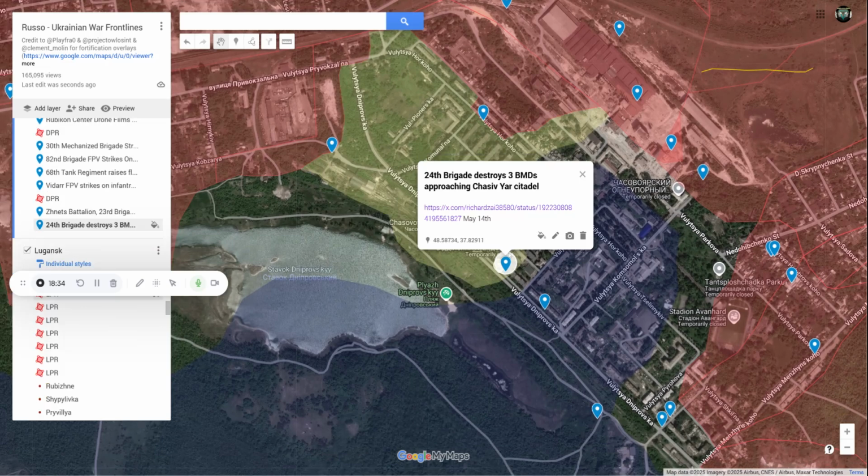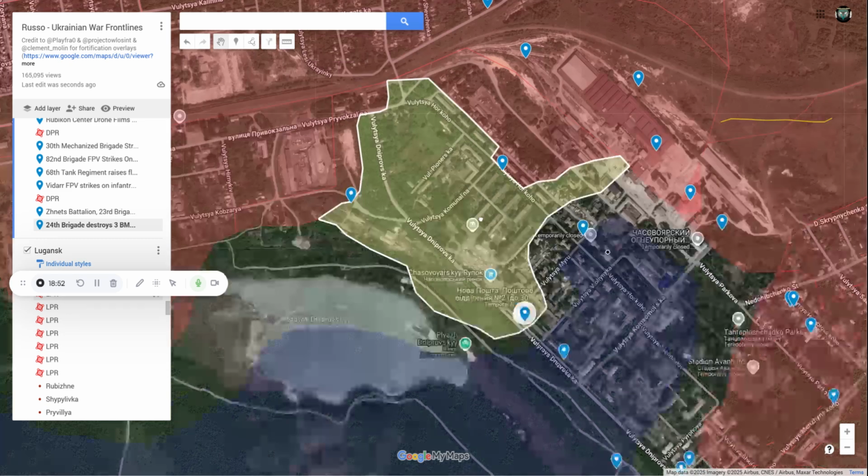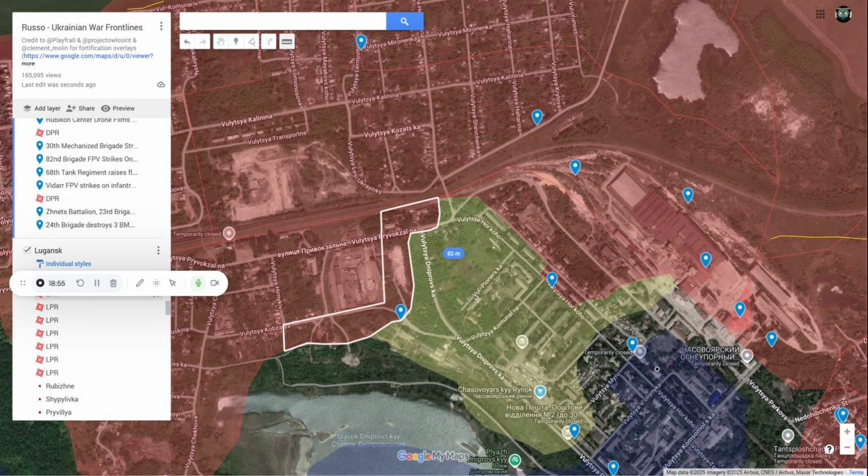This is from May 14th. 24th Brigade destroyed 3 Russian BMD-3s. These were from the 98th VDV Brigade, and they claim to have killed 20 Russian soldiers in the attack, which I can't verify. I don't even see 20 soldiers in the video itself that were spotted by the Ukrainian drone. But the geolocation does show us that at most the Russians were able to advance southwards 800 meters, which is